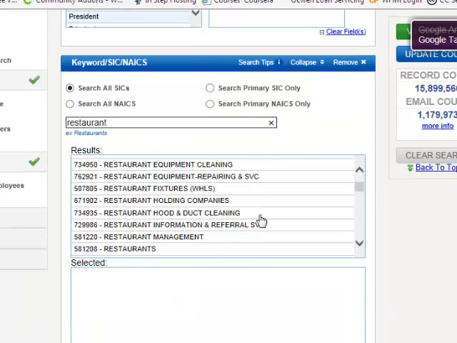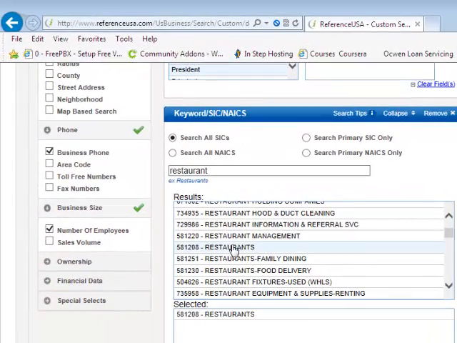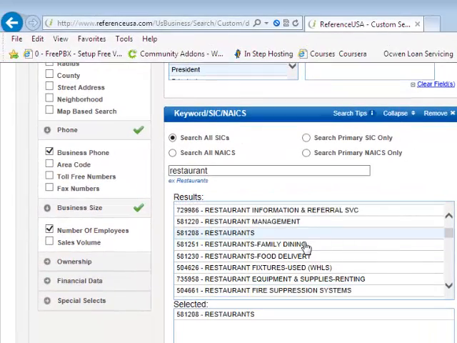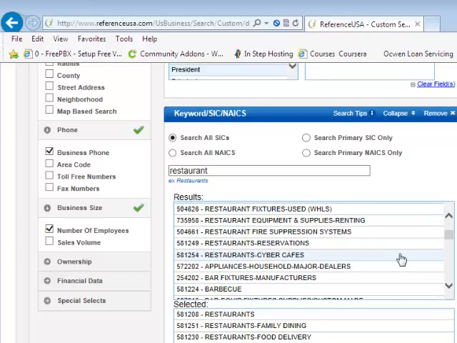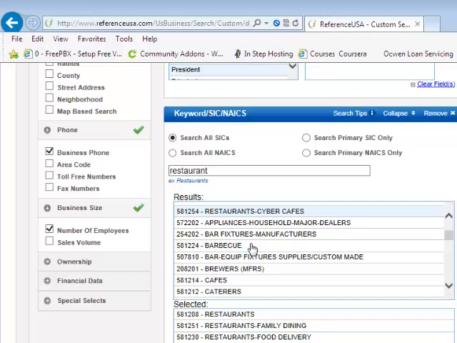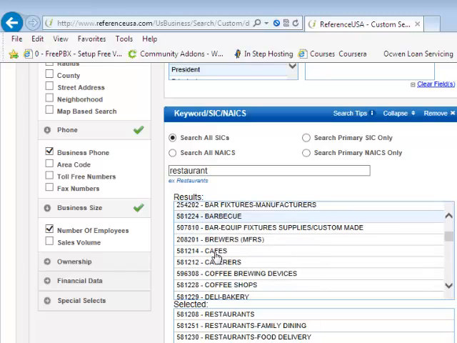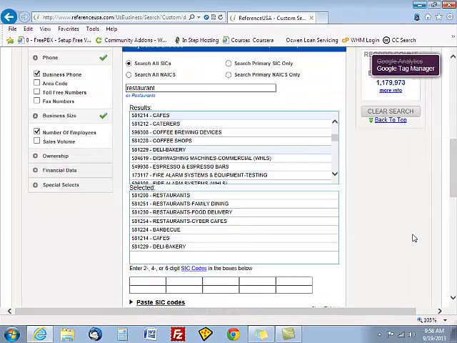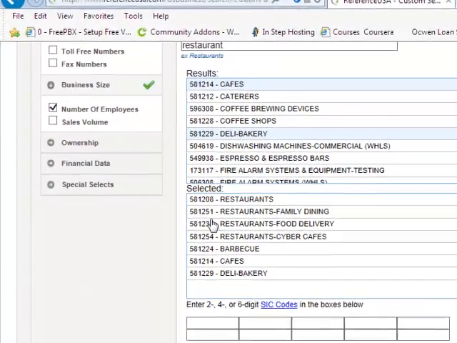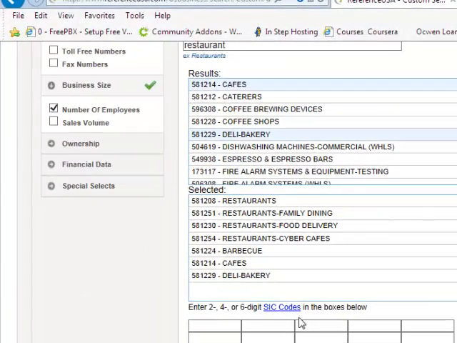All right, so we're going to scroll on down to restaurants, family dining, food delivery. And as you can see, it gives you a whole bunch of things to choose from. I'm trying to keep it relatively simple and within my area of interest. Alright, so once I have that information entered, all that's been selected, and then it says enter the 2, 4, or 6-digit SIC codes in the boxes above. I believe we can do it just like this, but if not,